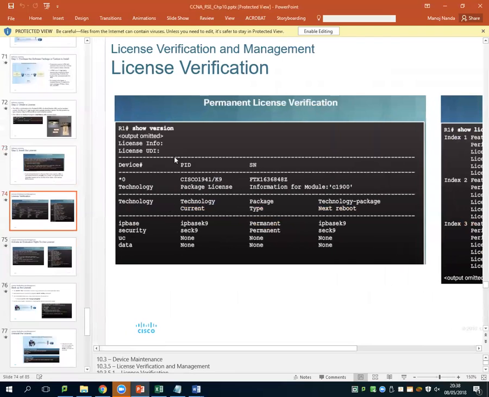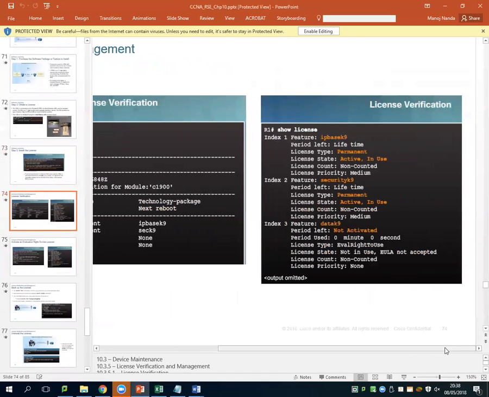To verify your license, show version. That shows you the kind of license you have, that line there. And here, show license. These are useful commands. They do come up in your test, by the way, your theory test. Show license,